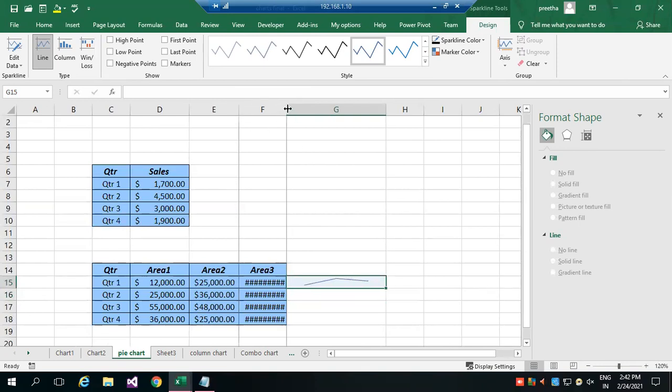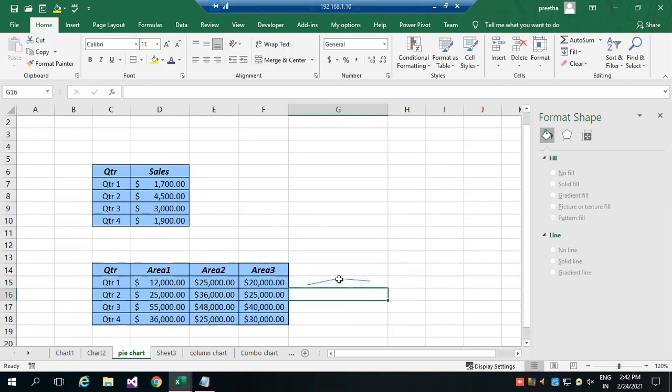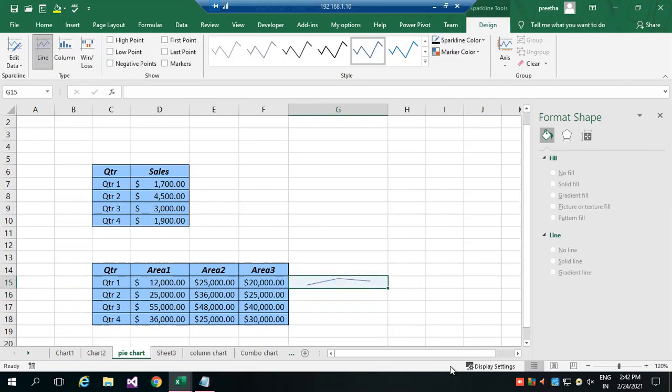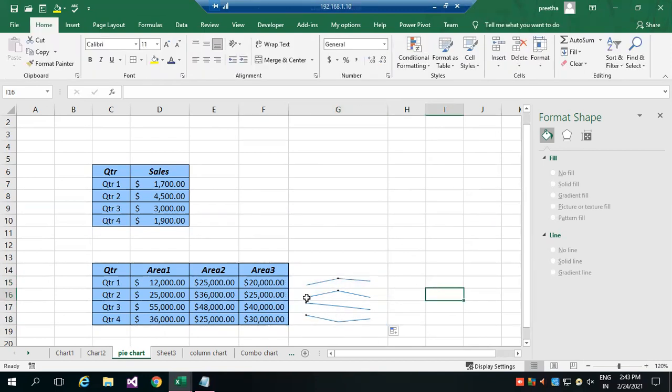So you can observe it is appearing within the cell. The chart which appears within the cell is called spark line or the tiny chart, where you can identify high point and low point. So you can see, like this, you can drag for the others. That line shows how you are leading.